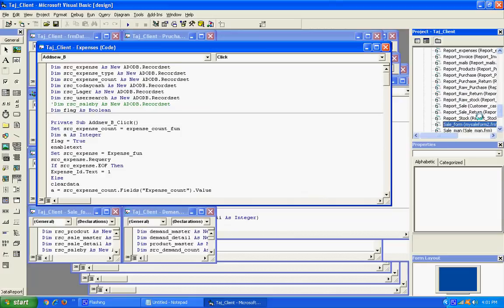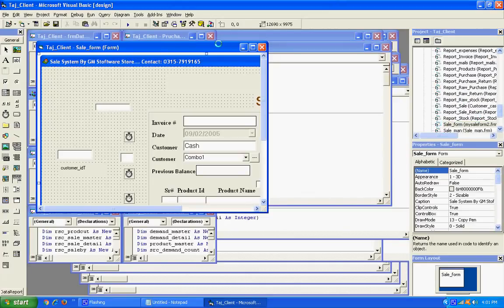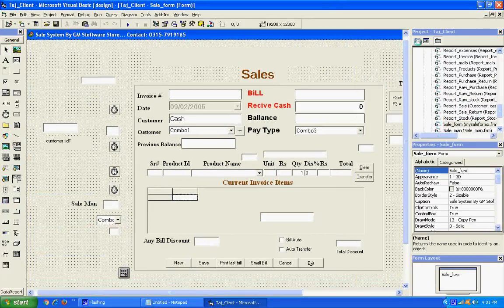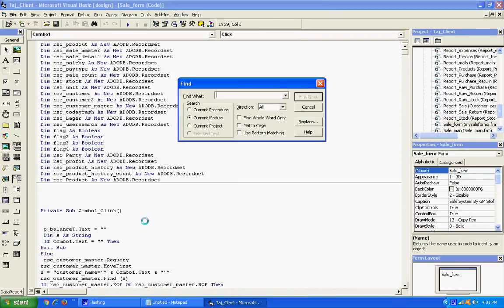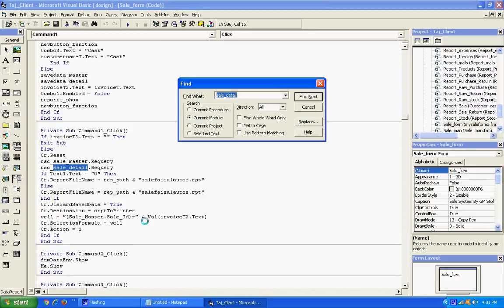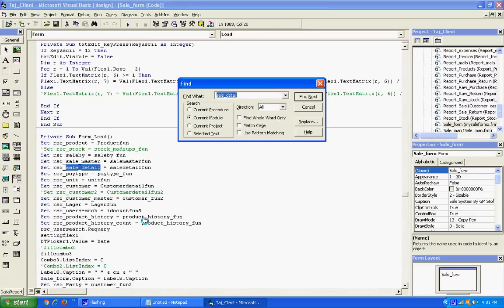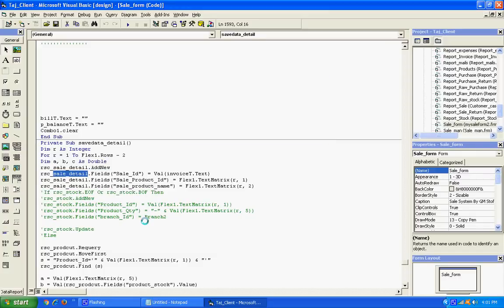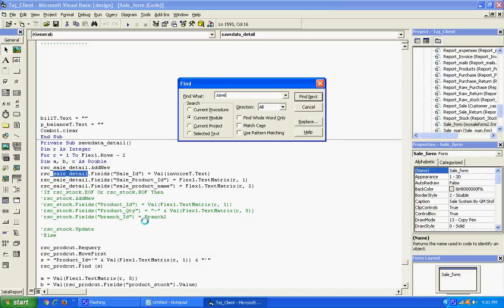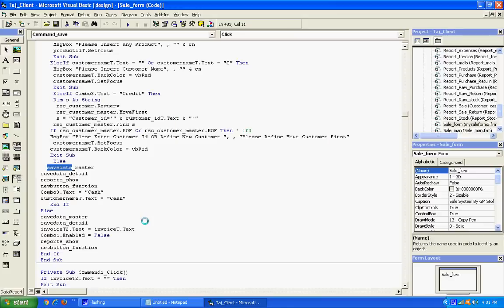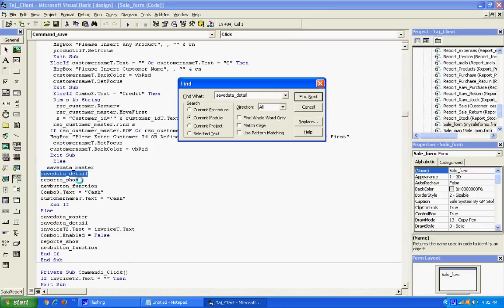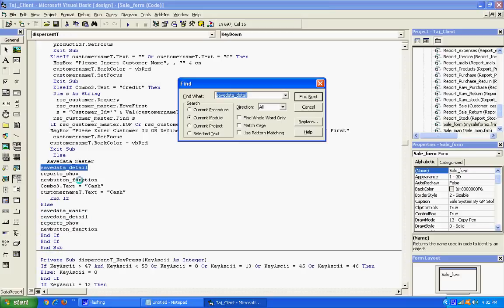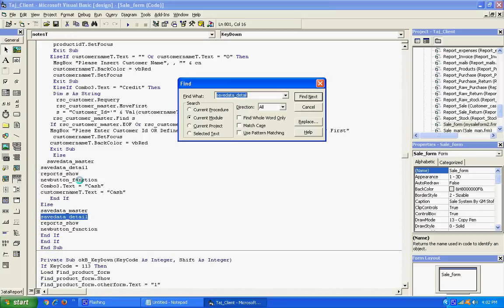Going to the sale form. I'm going to control the sale detail. Control F, save data detail. In this function our detail is fully saved.